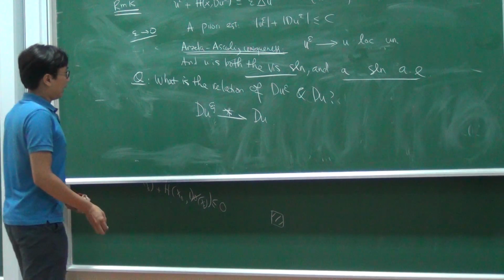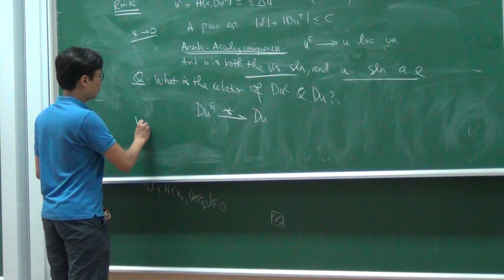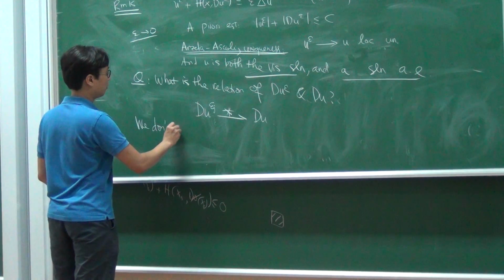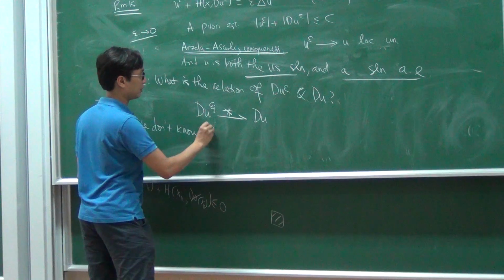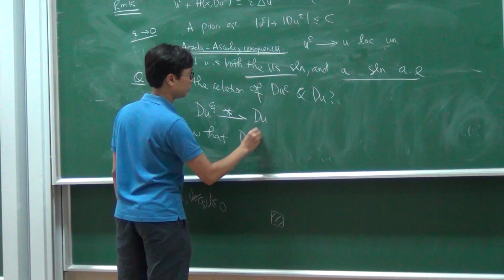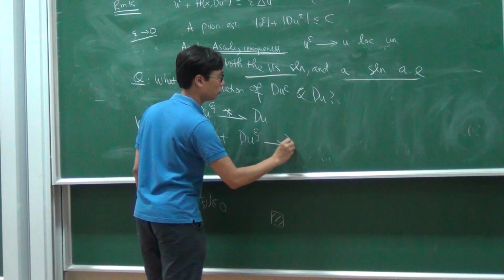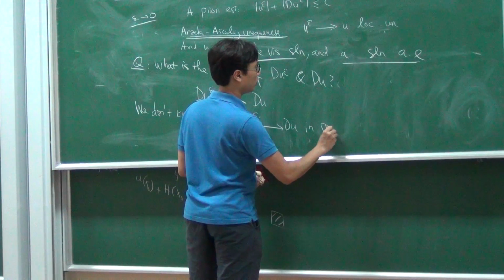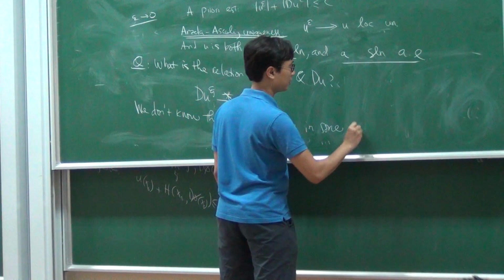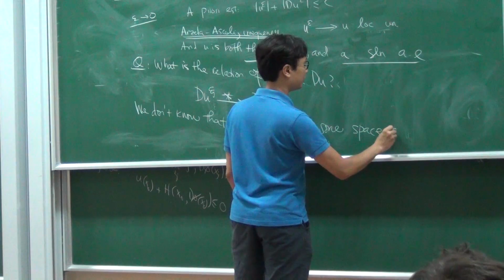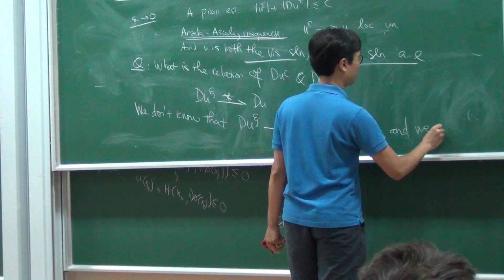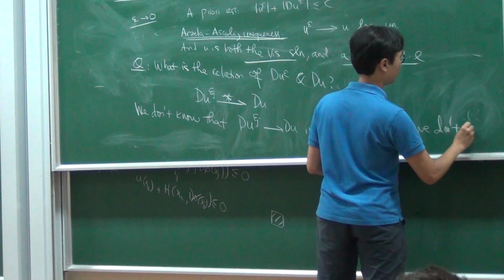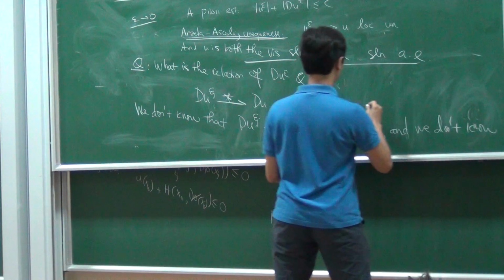And then we don't know. We don't know that du epsilon j converges to du in some space. And if you don't know the structure